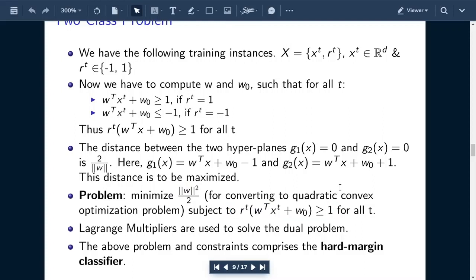Our main aim was to understand what the SVM is, how to find the constraint, and how it is working exactly. It is just minimizing w square by 2 subject to this kind of constraint. Those of you who know how to convert primal into dual can form the dual of this instance and solve using Lagrange multipliers. Now this is called the hard margin classifier. Why is this so? We'll understand it after the soft margin classifier. I hope this was clear.